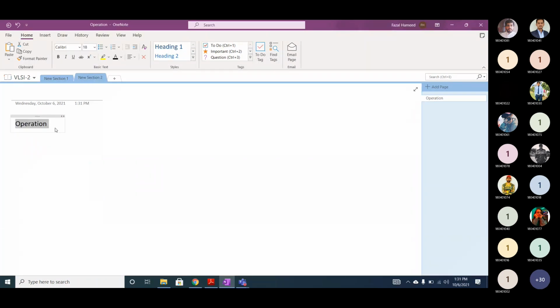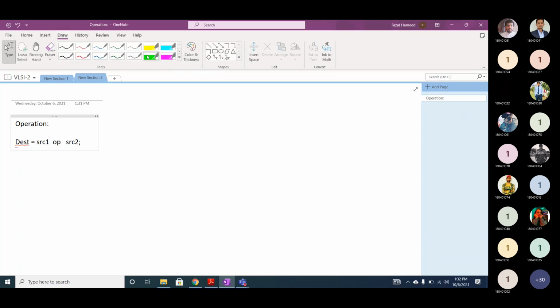I already taught you this in embedded systems. What is an operation? Like sum, multiplication. If you look at this, DEST is equal to SRC1 OP SRC2. If you look at this code, can you remember what is DEST?